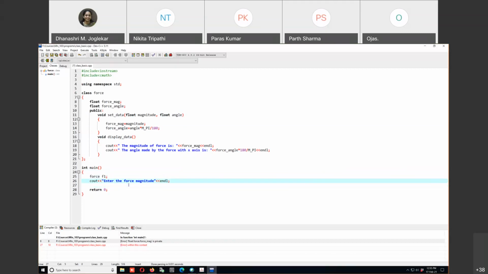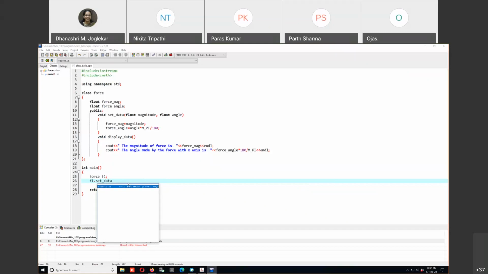Or before we ask the user to enter the magnitude, let's do it this way and show you this way, and then we'll do it that way. So we can set it directly in main. Let's not ask the user temporarily. I'll show you how it works here, and then I will show you how you can get the input from the user. So let's say F1 set data,